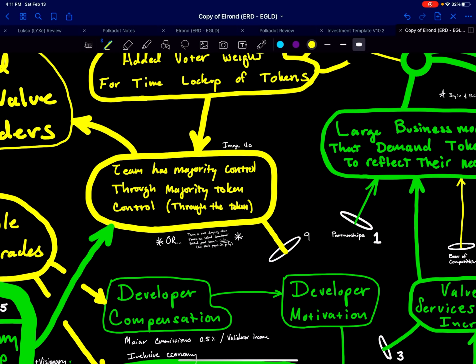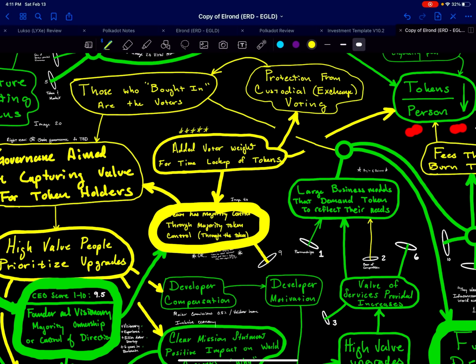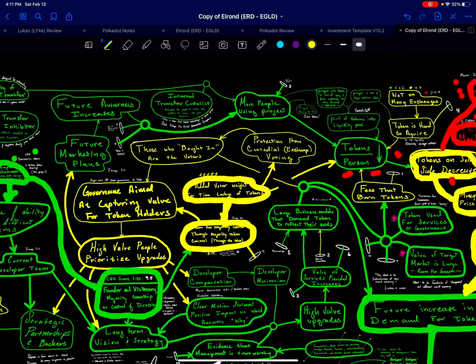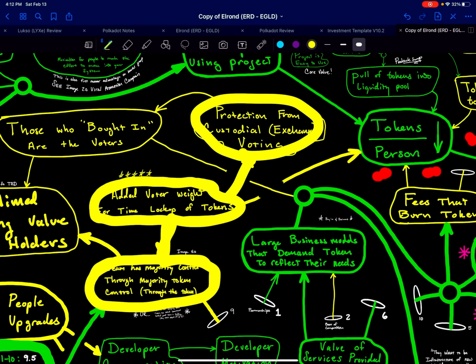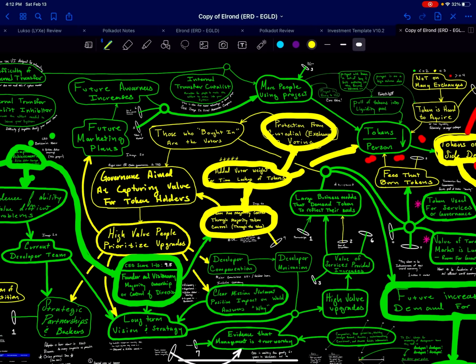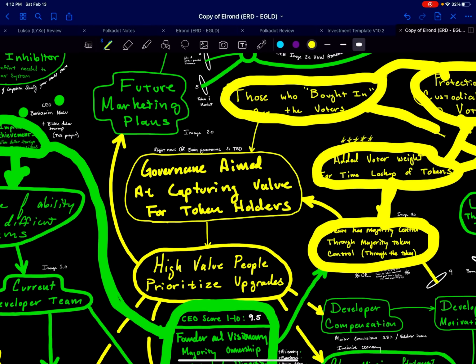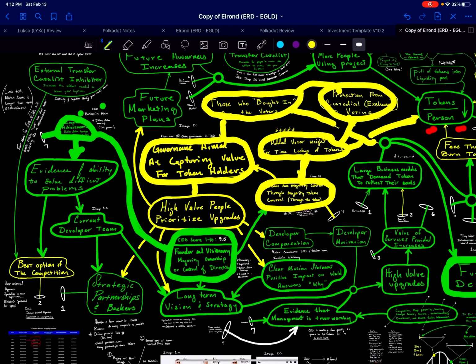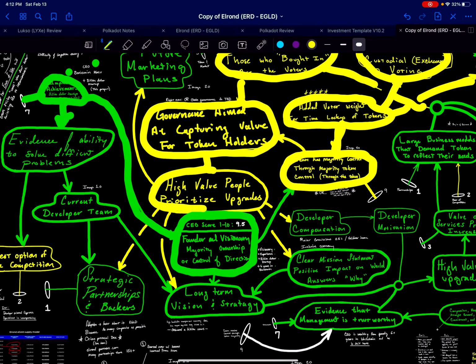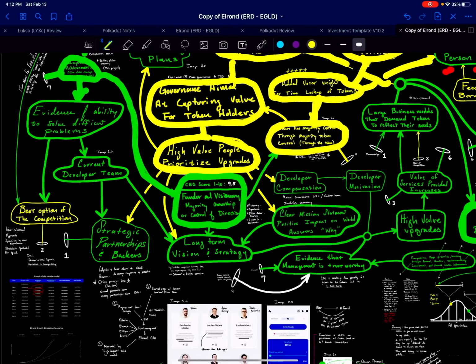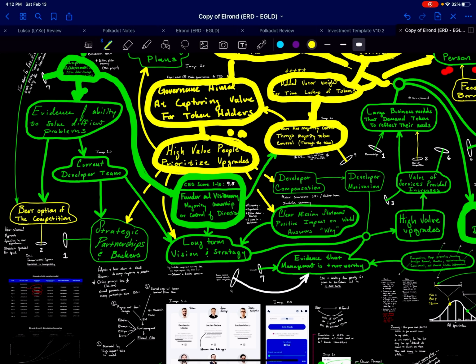The team has majority control through the majority. So all of these things are irrelevant because the token doesn't control anything yet. It is for the security model, which is the proof of stake component of this. So yes, the team has the token and uses it to maintain control in that sense, to stake their interest in it. So the governance is to be determined. Right now it's off chain. The team's running everything. So that's fine. Especially in the early stages, it's not that important until they build it. So right now it's centralized though. That is centralized control in the sense that the team is still in control of the destiny of this. The token doesn't vote yet because the governance is to be determined. So, that's why I have all these things as uncertain.